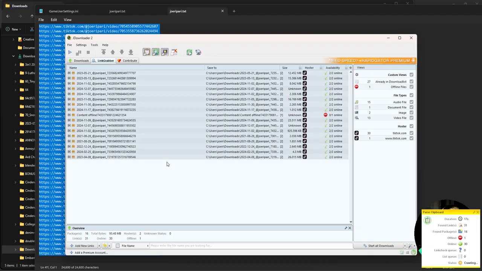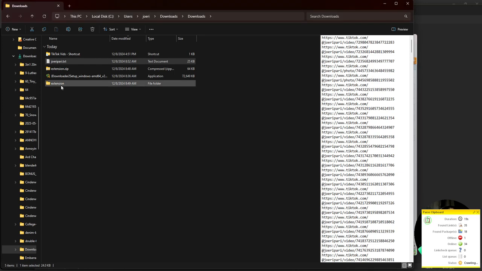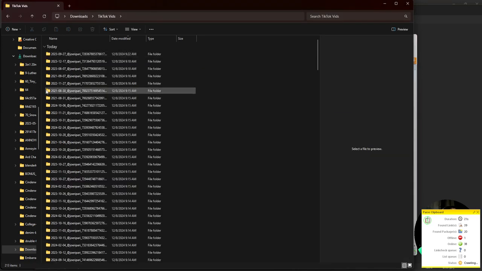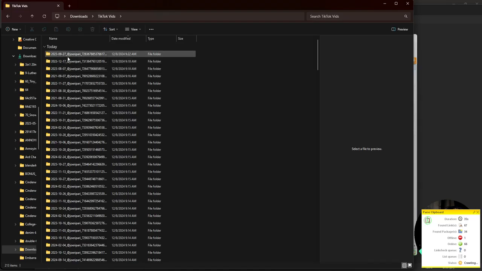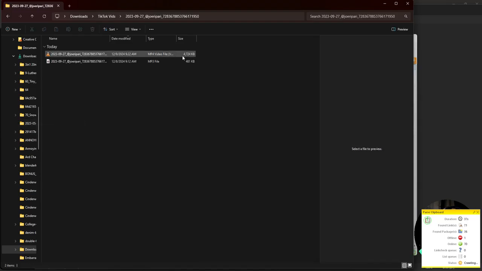And the coolest thing is that once you are done, you're going to end up with a folder that looks like this, and it's going to name your files by, I guess, the number of video that TikTok has associated with it, and then the date that you posted it. And just to show you that it does work, inside of here you're going to get an MP4 file and an MP3 file. I believe the MP3 file is just audio. I don't really know what that actually is, but